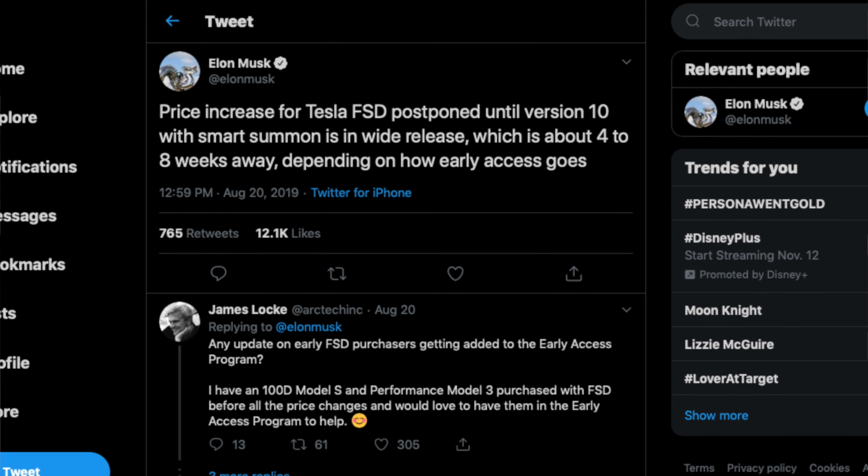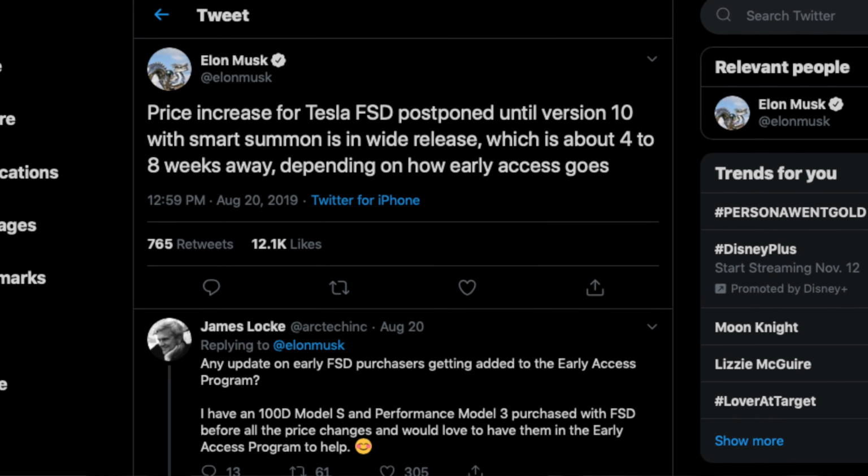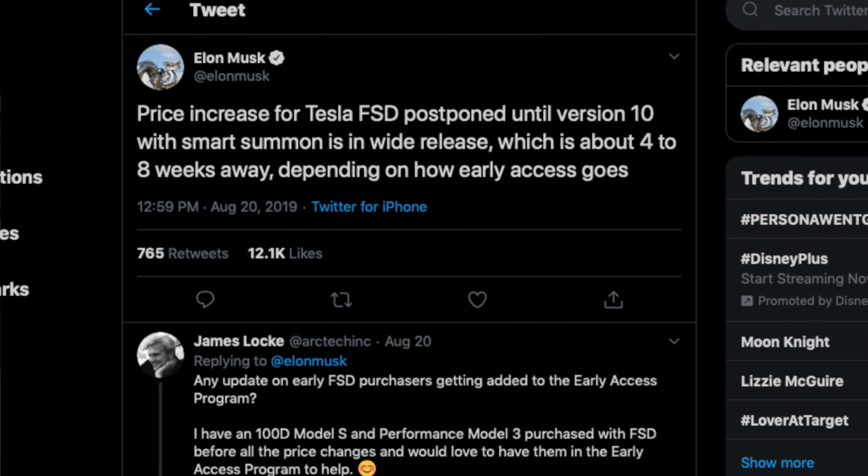He later said on Twitter that they delayed that price increase because they want to wait till Smart Summon is fully ready, which could be another 4 to 8 weeks, which in Elon timeline means probably 12 weeks, and I can't help but have that feeling that Elon just kind of wanted more people to buy full self-driving, so he told them it was going to get more expensive, so a bunch of people probably bought it at $6,000 in anticipation that it would be going up, but in reality it didn't go up,